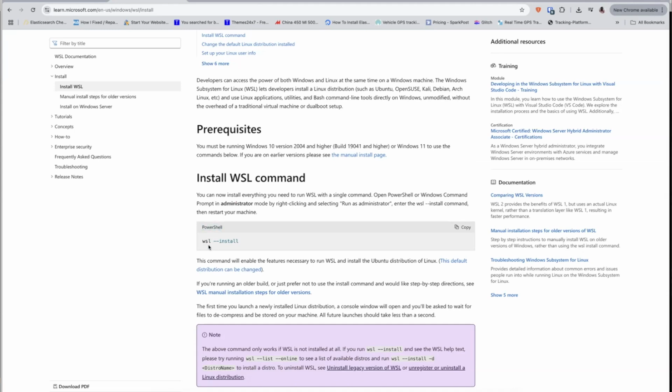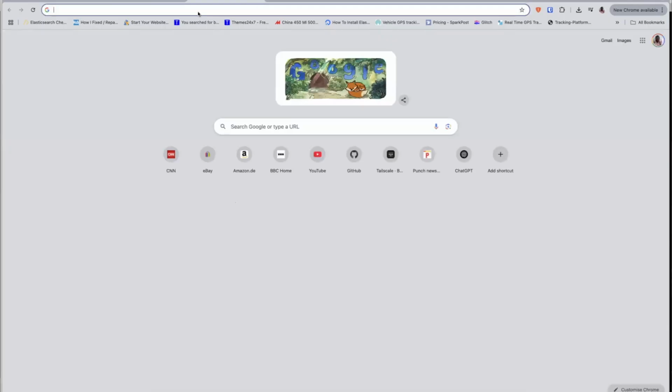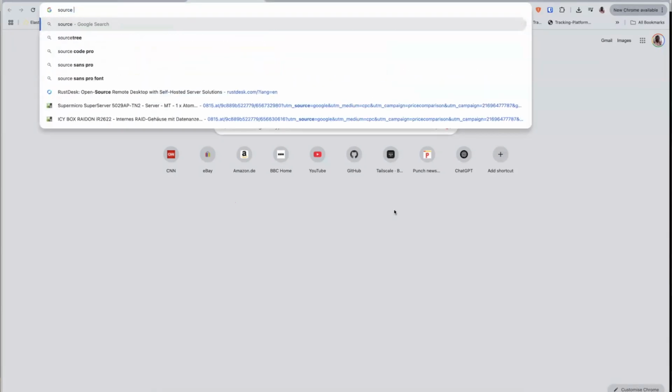Okay, so if you are comfortable with command line, you go to PowerShell on your Windows laptop, and then type in wsl --install. This is going to install WSL. Why I'm going this route is because there is a way of installing Git on Windows, but that approach will not work for this section because I will be doing a lot of command line operations. There is another way of using SourceTree for Git, but